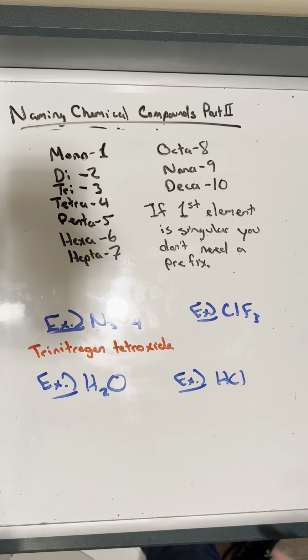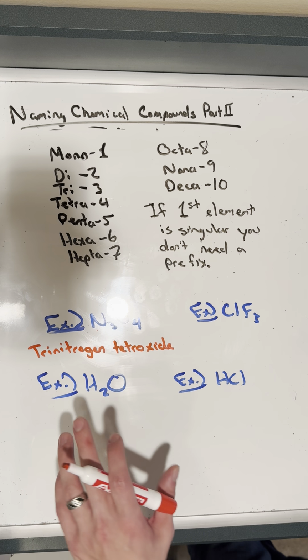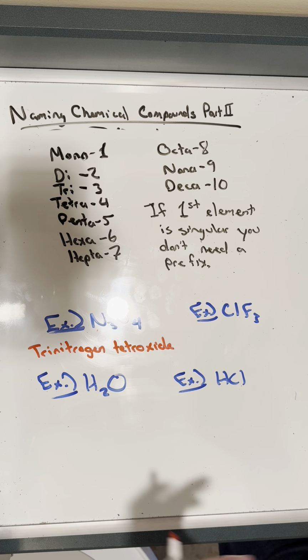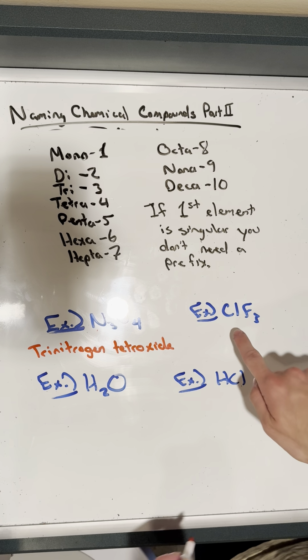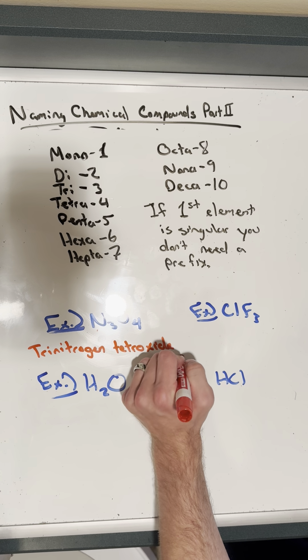You can say tetraoxide. I don't count my students wrong for this. Again, this is an O right here, so N3O4. But I say trinitrogen tetroxide. That is completely fine. For this guy, again, I'm gonna look at this first. So I have